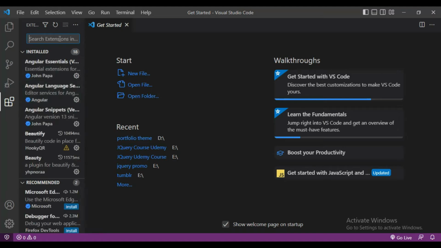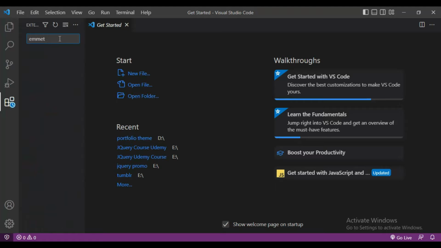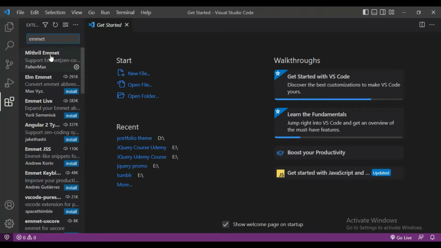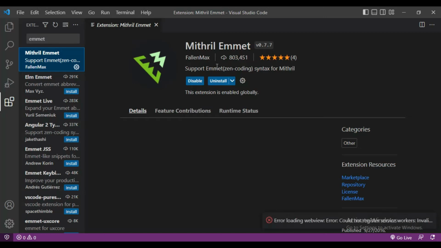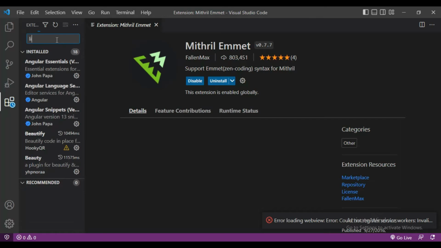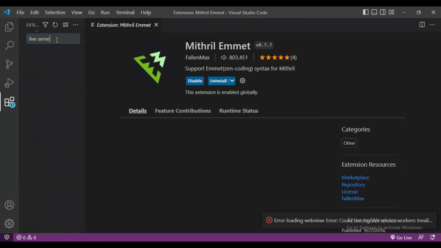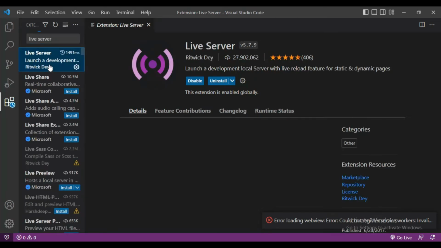First we will install the Emmet extension. I have already installed it. You can install it by clicking on the install button. Next, we want the live server extension. You can install it from here. You just have to click on the install button. After installing these two extensions,